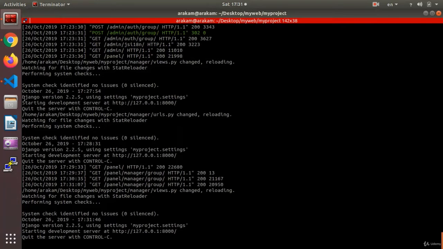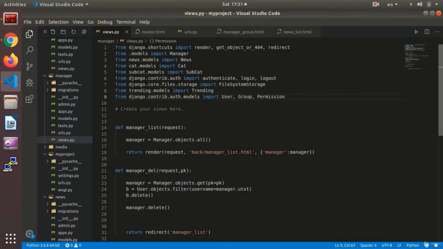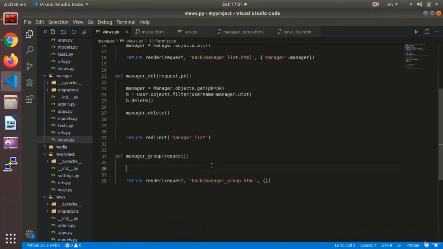Let's check them out. Yep, we import them, and for instance, to show them, we say group equals group dot objects dot all, and we send them to the template, the groups,